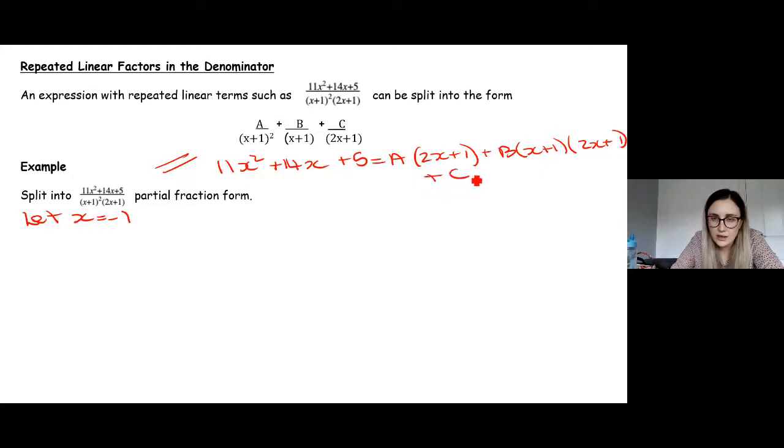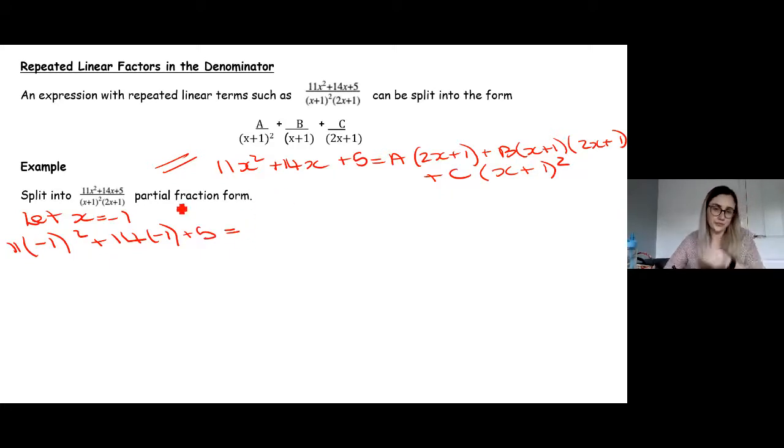And then c is going to be just the x plus 1 squared. Okay, so if we let x equal minus 1, then we're going to have 11 times minus 1 squared plus 14 times minus 1 plus 5 is going to equal, so a, we're only going to be left with a, because minus 1 plus 1 here is going to give me 0, so they cancel. So 2 times minus 1